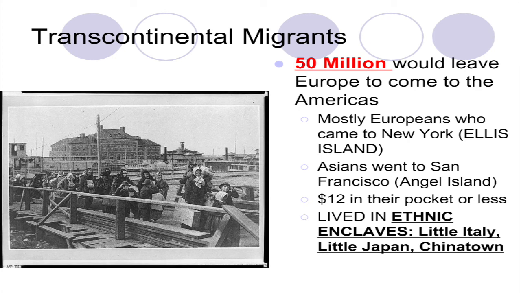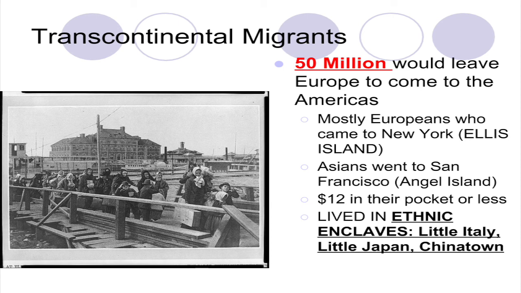Many of the Europeans went through Ellis Island in New York, which is really close to the Statue of Liberty. And if you were Asian, you would go to an area called Angel Island. The check-in process was really difficult. And again, they would ask you how much money you had, if you had any sickness. They would ask you all kinds of questions. If they didn't think that your answers checked out, they would make you stay in an area for a few days and try to send you back. Otherwise, you were welcomed into the U.S. and you lived in what was called ethnic enclaves.